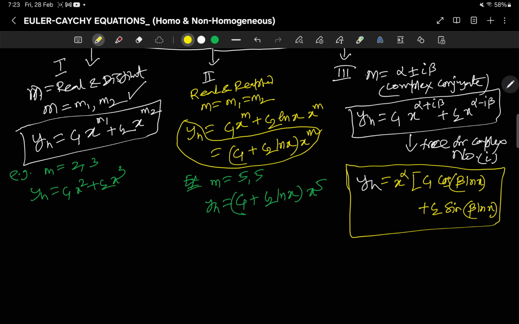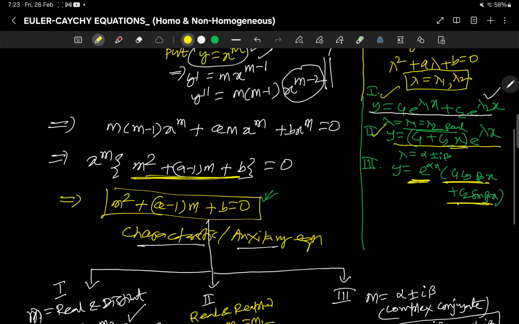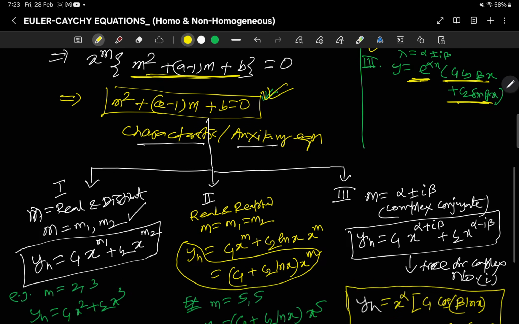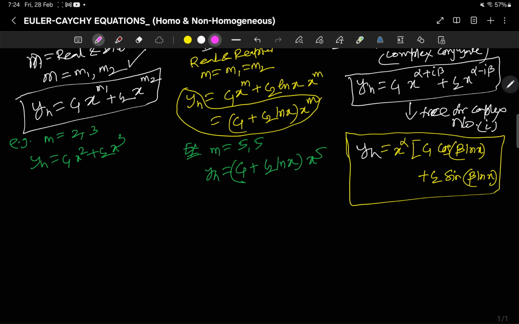Okay, you just compare this with this and you just remember it, right? What is the auxiliary equation? You may directly write the auxiliary equation, then you classify which category it is under, and accordingly you solve it. Next, to find the particular solution,